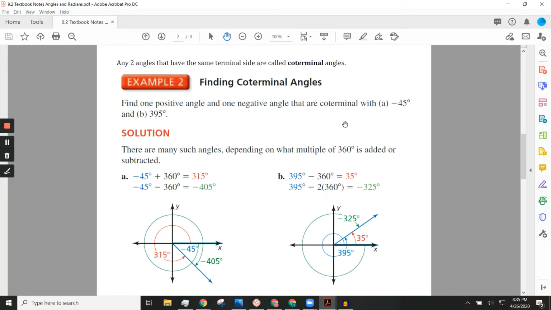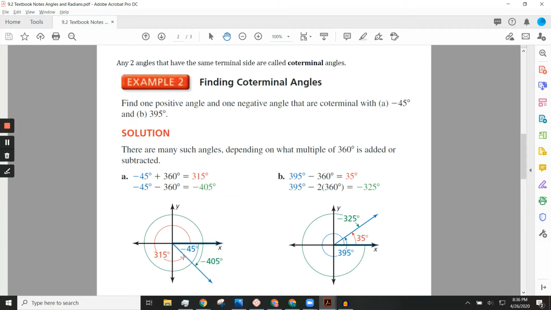So we have some examples of that right here. In this one it says, find one positive angle and one negative angle that are coterminal with negative 45 degrees, and then over here, 395. Well, this is really easy. Just think about how many times you're spinning full circle. So let's say I'm starting with negative 45. I could add 360 to it. I get 315. So if I look back at my picture here, I'm showing that I am spinning 315 degrees